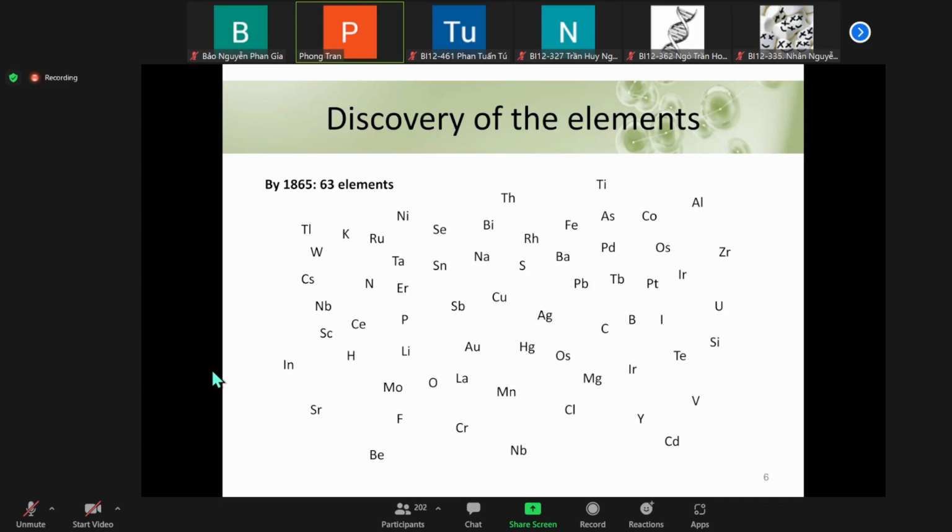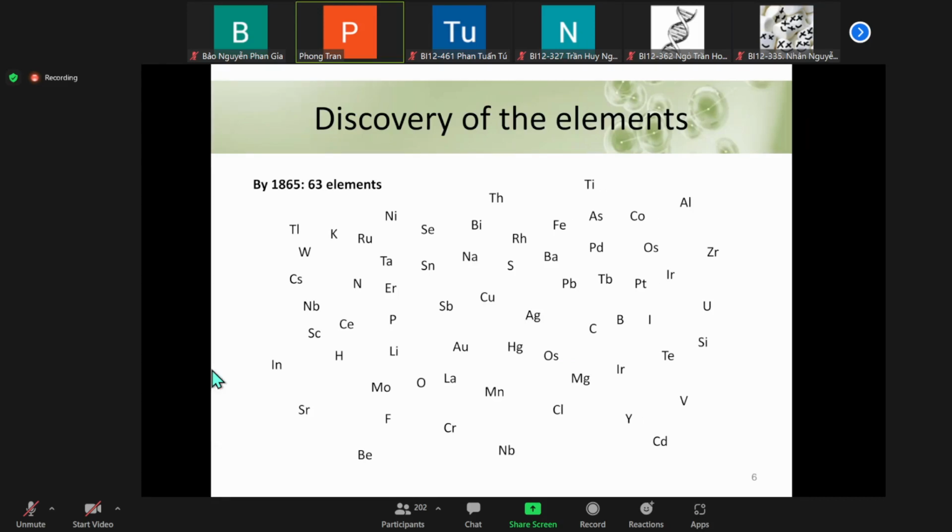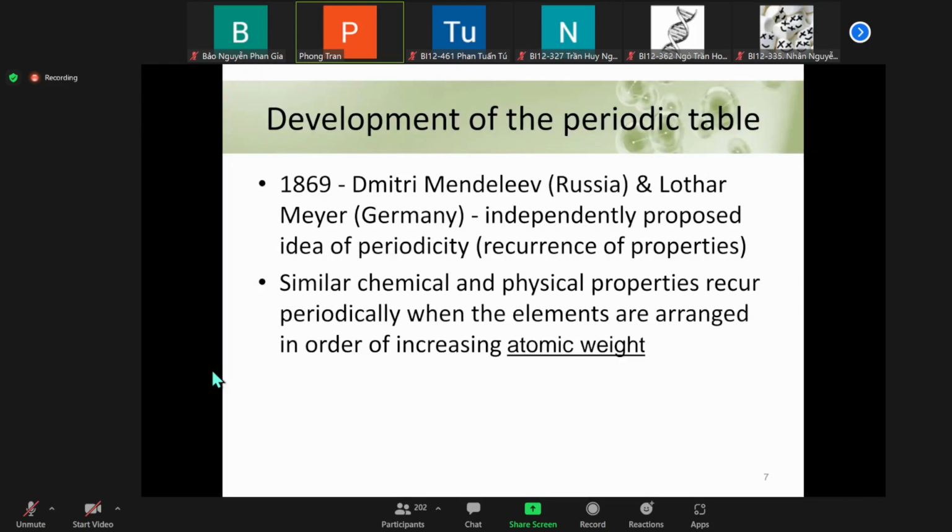People started to think about the need to arrange the elements in a table. So with this request, in 1869, Mendeleev in Russia and Mayer in Germany independently proposed the idea of periodicity. That means the properties of elements will repeat after a few elements when they are put in a table. So here is something in Vietnam we know about the periodic table of elements